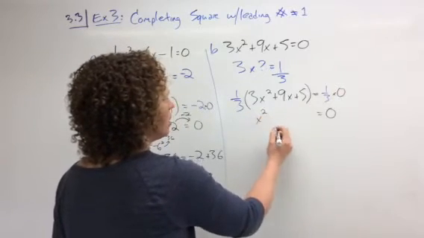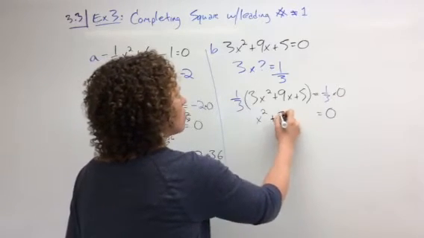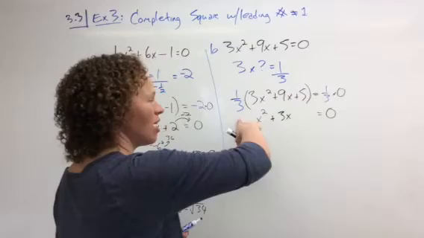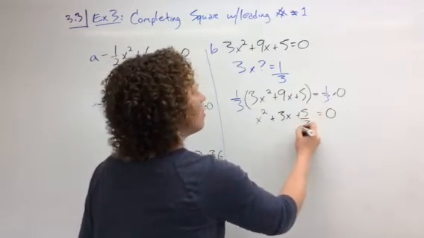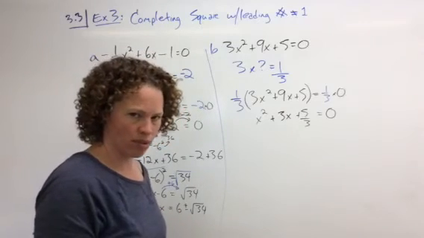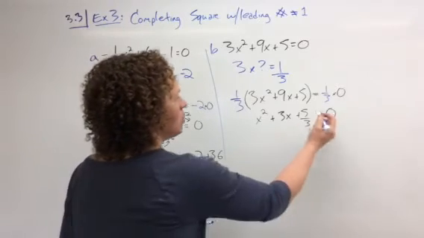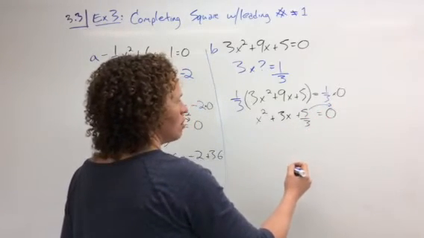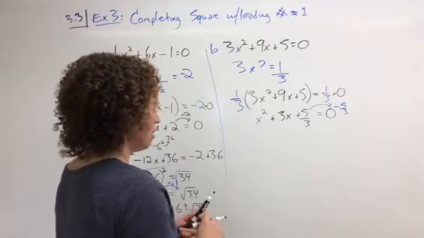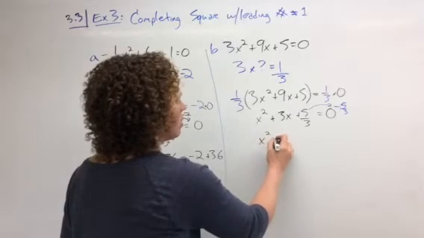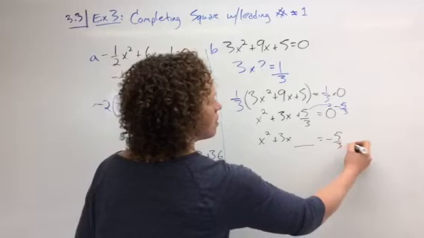I'm going to have x squared, 9 times 1/3, or divided by 3, equals 3x, and then 5 times 1/3, this is a little bit yucky, but it's going to end up being 5/3. Please don't use decimals. Now, I've got to move my 5/3 over, so it's going to become negative 5/3 on that side. And I'm going to need to go x squared plus 3x plus something equals the negative 5/3 plus the same